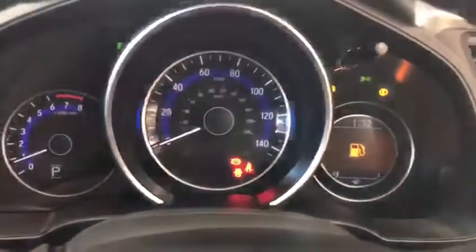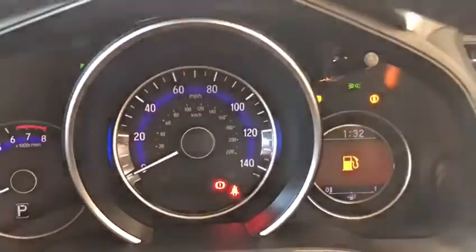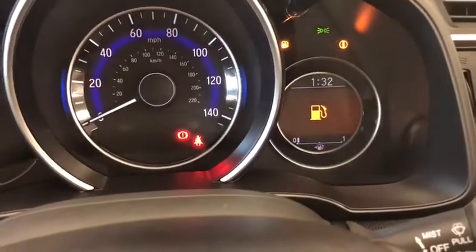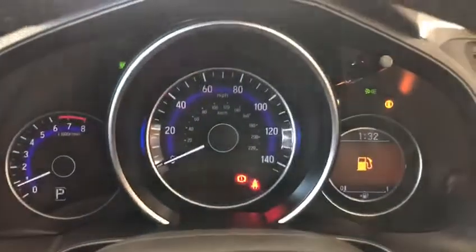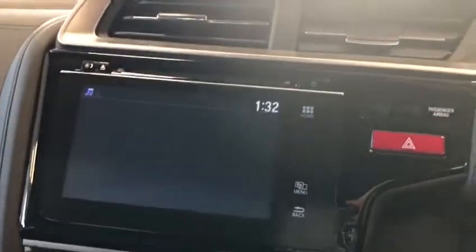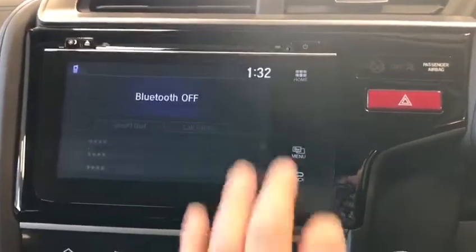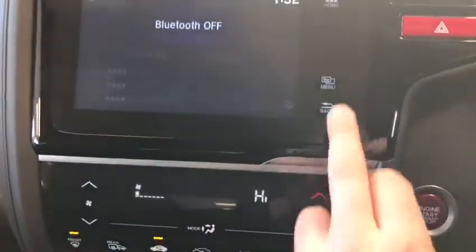I'll just close this door just so I can confirm the mileage. She does need a bit of fuel in her, bless her. But this is your main speedometer display here. And there's your main radio controls as well. This is all touch screen. I know you mentioned about the navigation. Now it doesn't have it as standard,